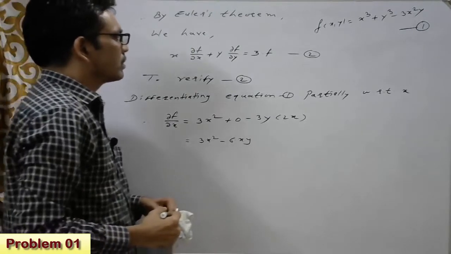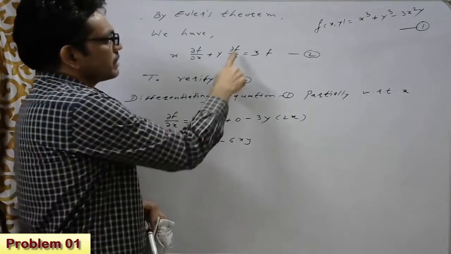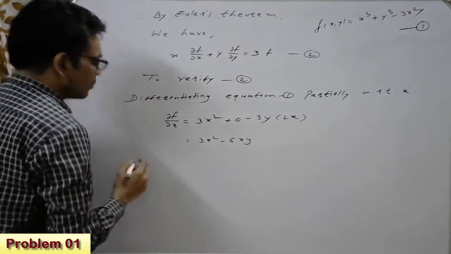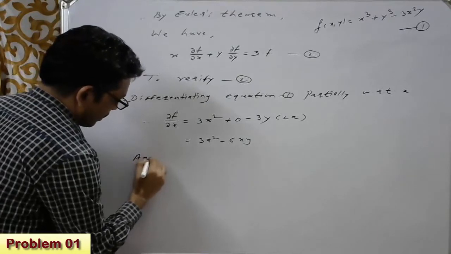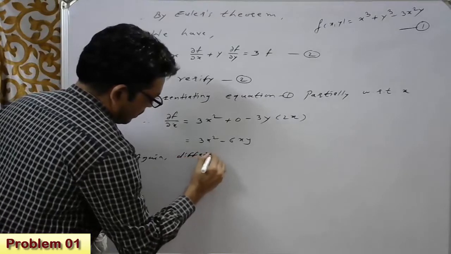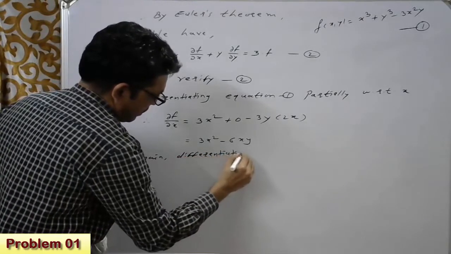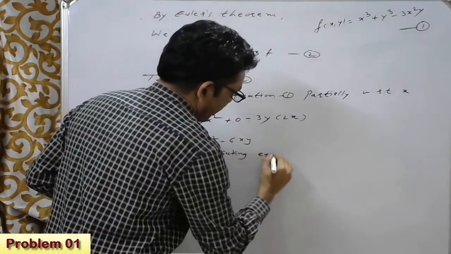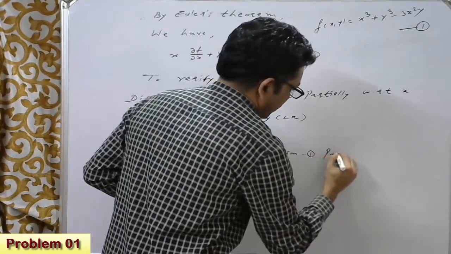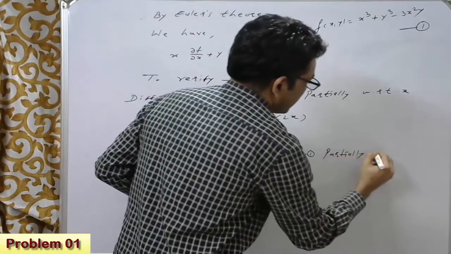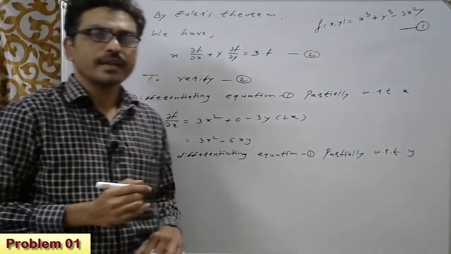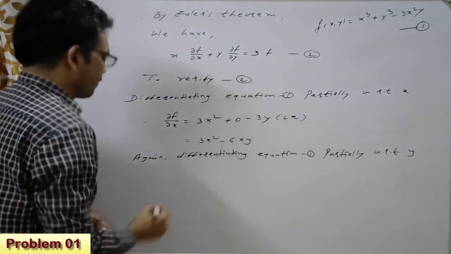Now, we need to find the value of del f by del y. So, again differentiating equation 1 partially with respect to y, treating x as a constant. Then we get